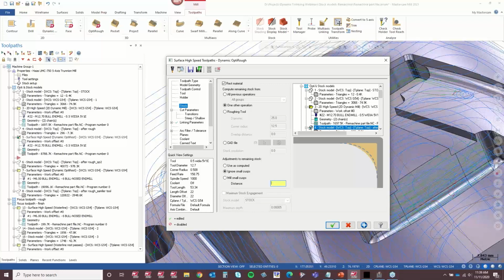If you're working on aluminum and you're not really concerned with leaving a little extra stock on to take care of in a semi-finish, you could tell it to leave, if you've got a 1 millimeter or a 0.5 millimeter radius on that tool, a 0.5 millimeter. And that's just meaning that you're accepting the fact that there might be 0.5 millimeter more stock on there than what you specified. But you will literally see this affect your cycle time and your retract times.